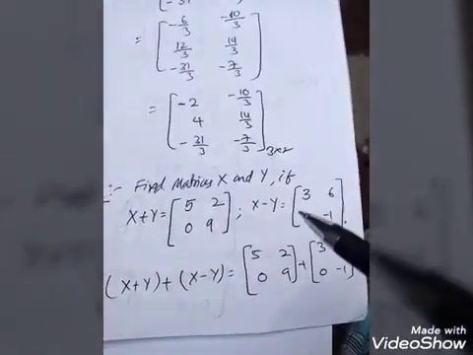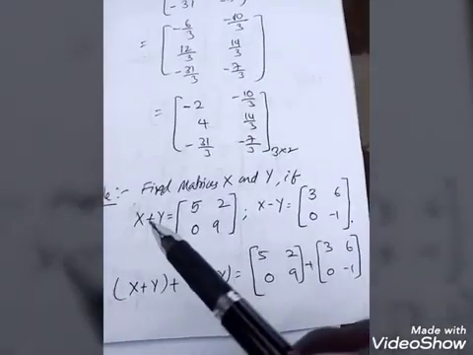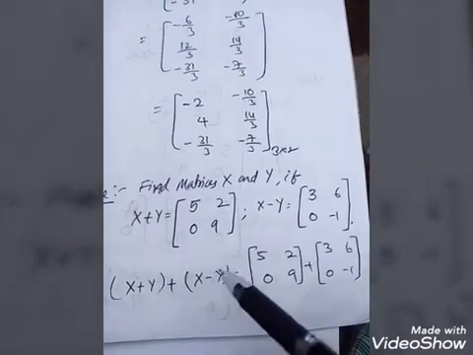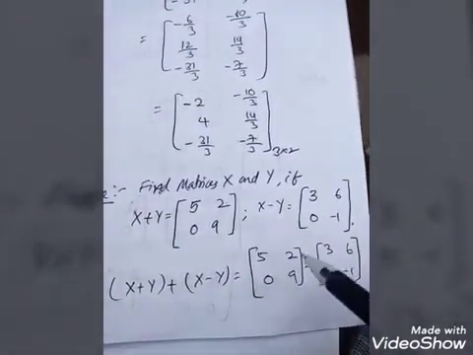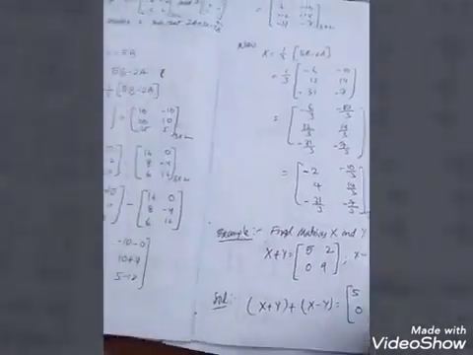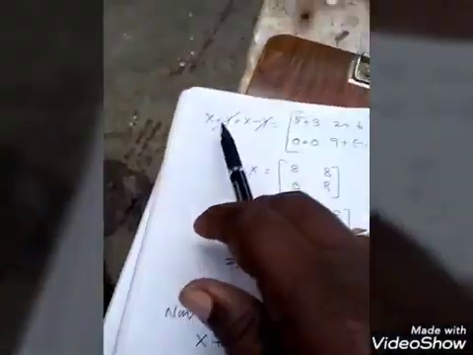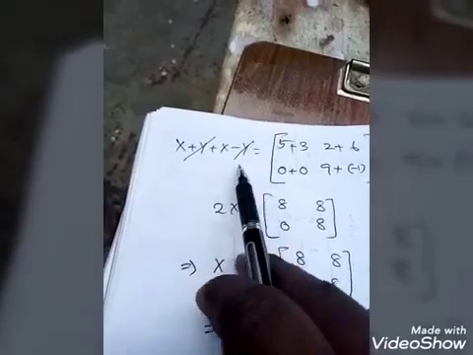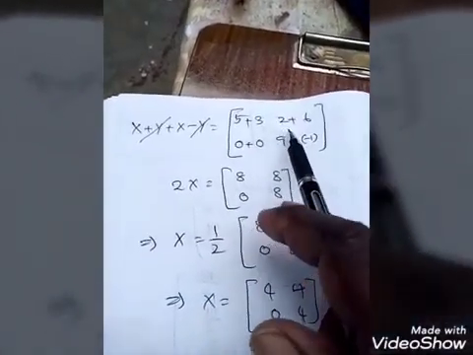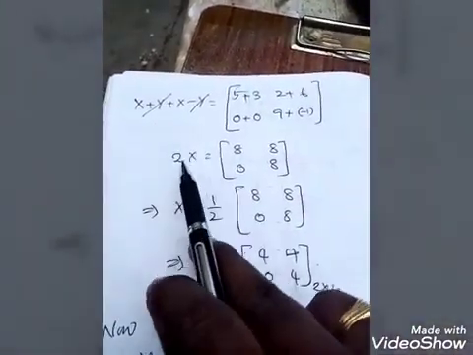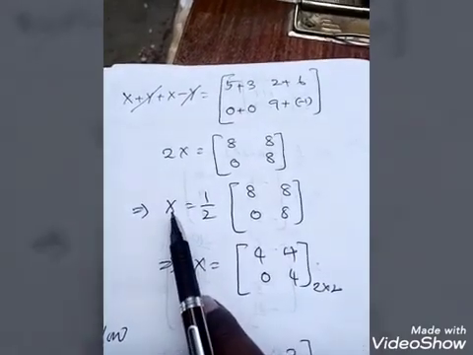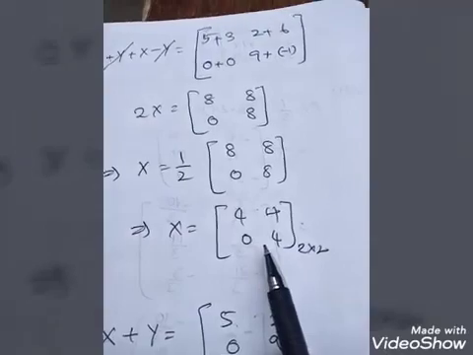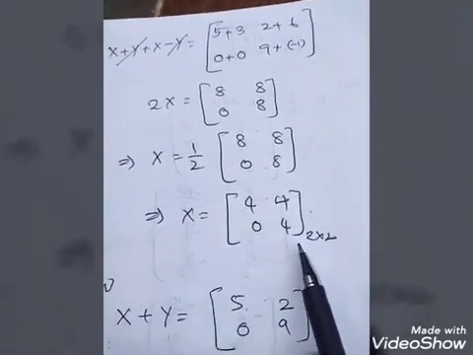You have to go for solving the equations. Now, here, if this is equation 1 and this is equation 2, add these two. If you add these two, on the right-hand side you also have to add the two matrices. Then observe here, x plus y and x minus y: the minus y and plus y cancel. You get the addition of the matrices. x plus x is equal to 2x, and on both sides you multiply with 1 by 2. You are going to get the matrix x is equal to 4, 4, 0, 4. That is also 2 by 2.